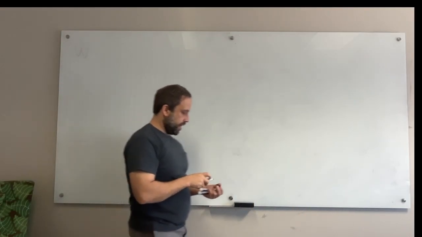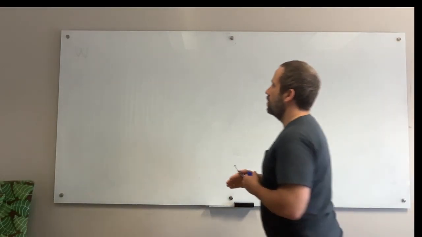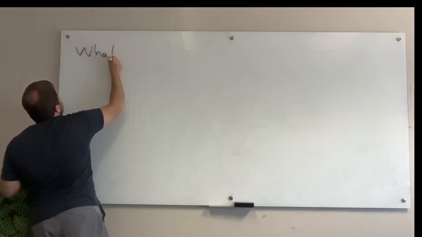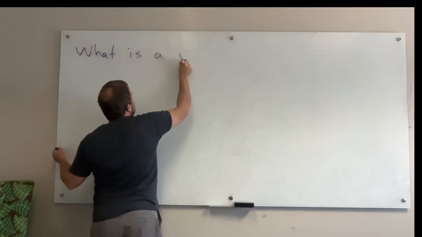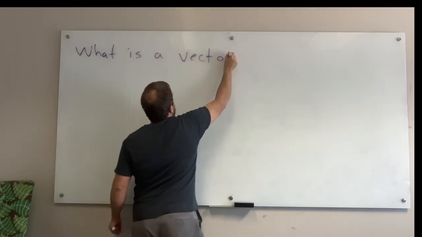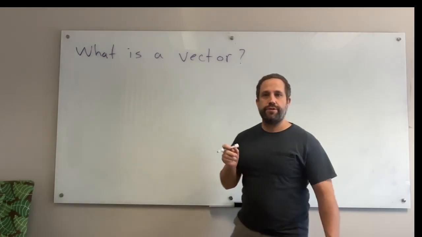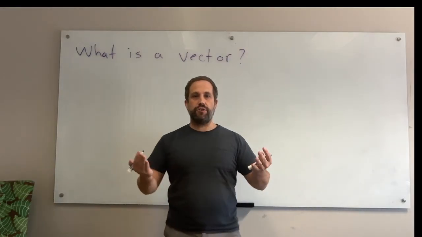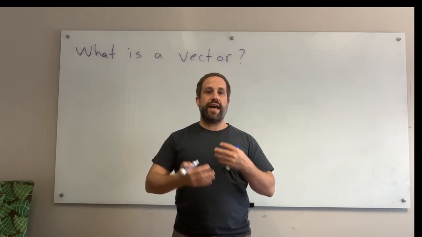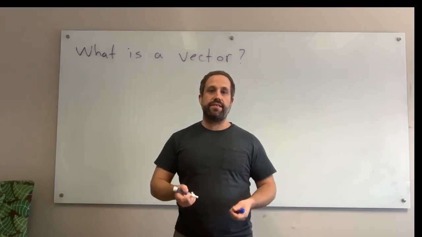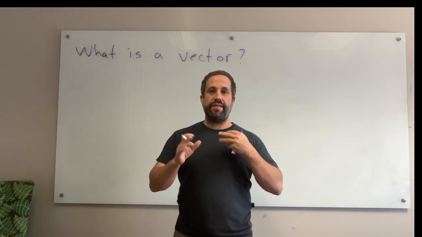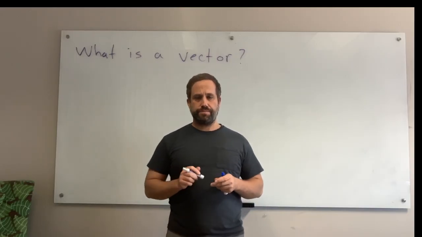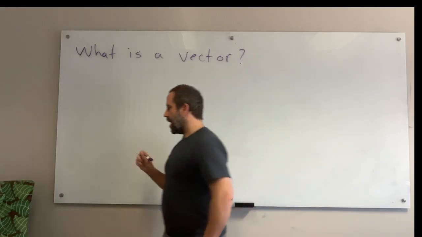So, what is a vector? Now, the smart aleck response is that a vector is an element of a vector space. Okay, so what is a vector space? Well, a vector space is a set of objects that has algebraic properties: you can add, subtract, there's a zero vector, and this sort of thing. And these adding, subtracting and scalar multiplication operations satisfy certain properties. But for us, in practice, a vector